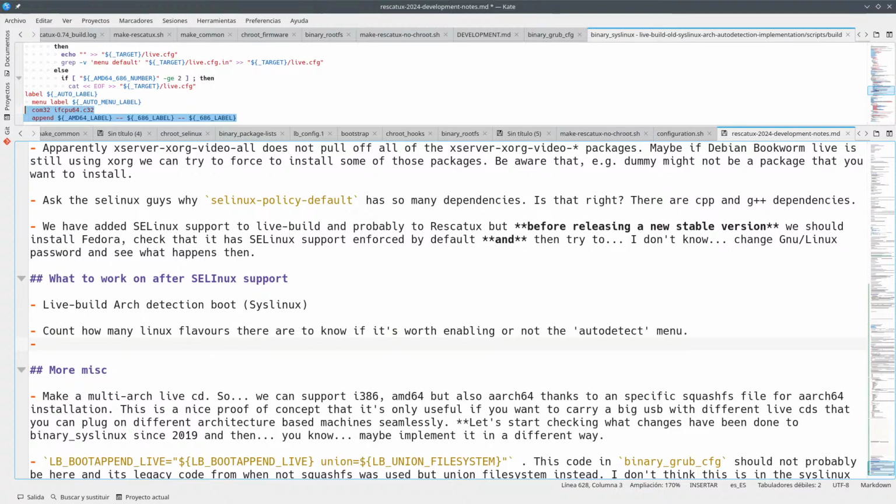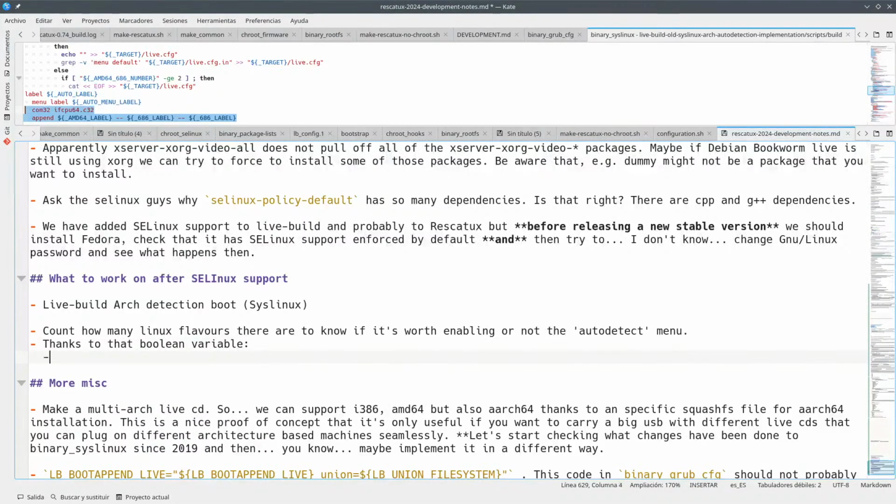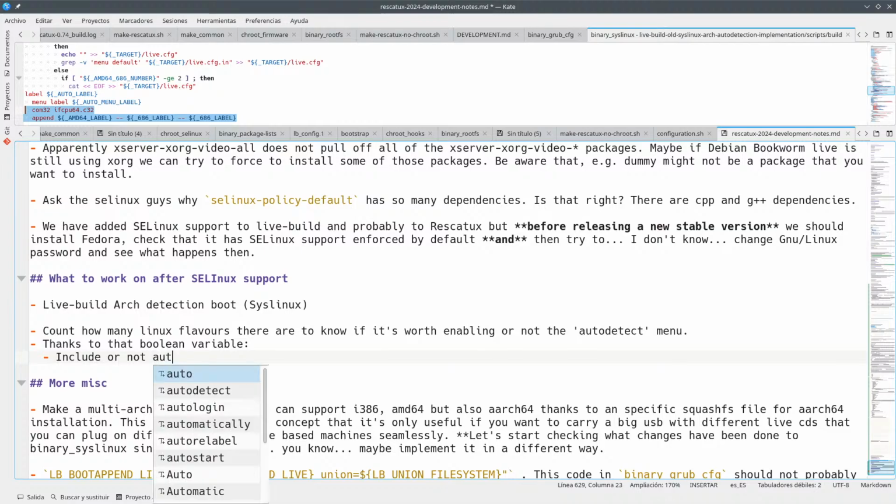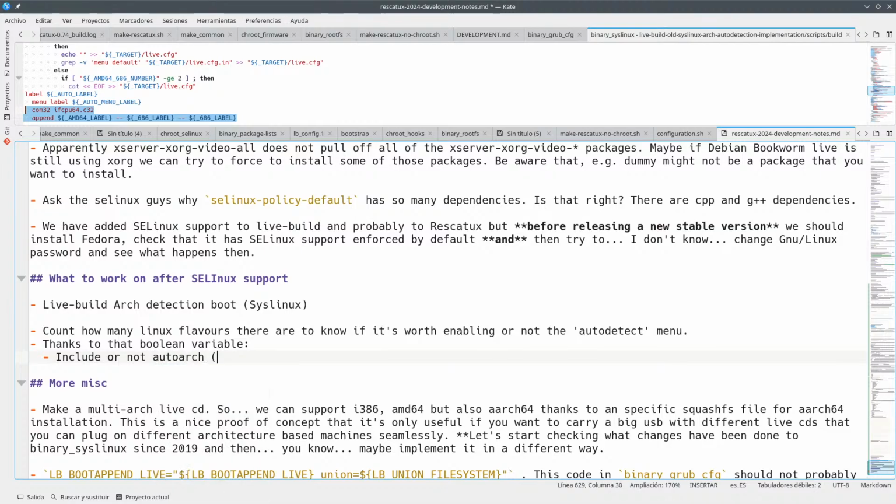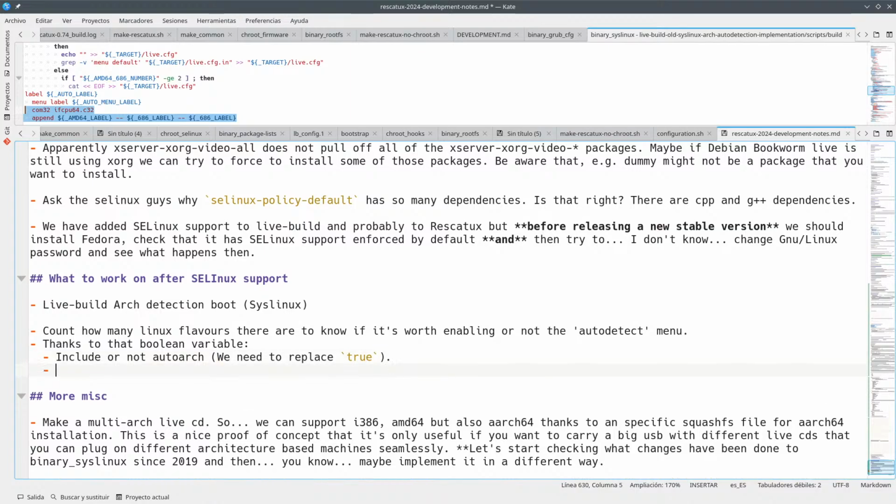Okay, and then thanks to that boolean variable, include or not auto arc. So we need to replace true. Okay, and then thanks to the boolean, then